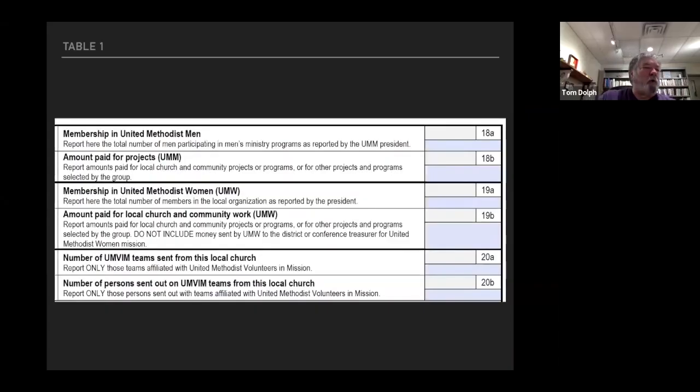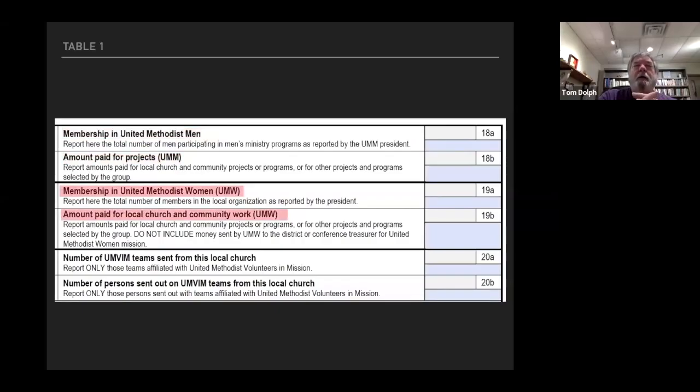I know there are a couple of questions hanging there. I'm going to go through just a couple of slides here, and then we'll circle back and answer those questions. You do have here a question about United Methodist Men and the amount that they pay for any projects. You also have